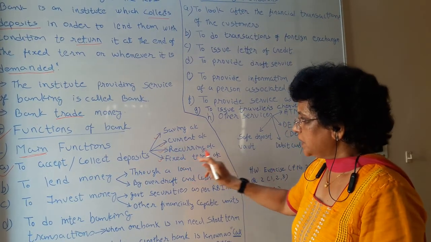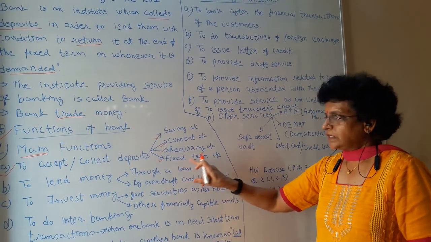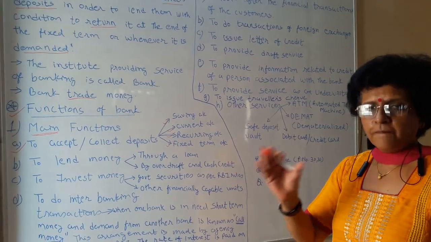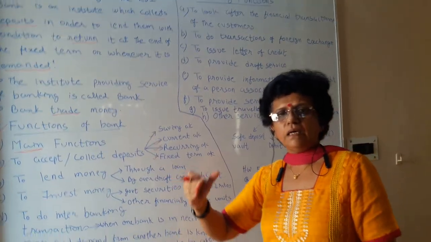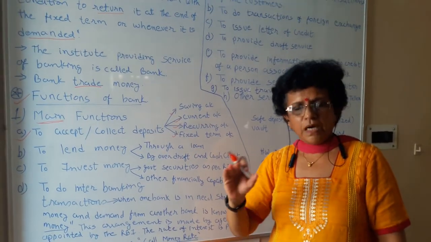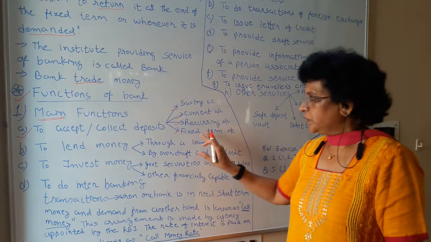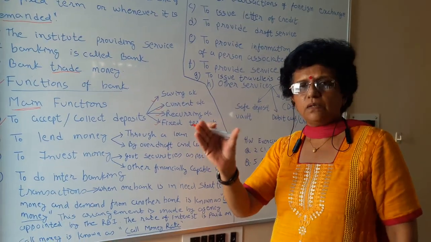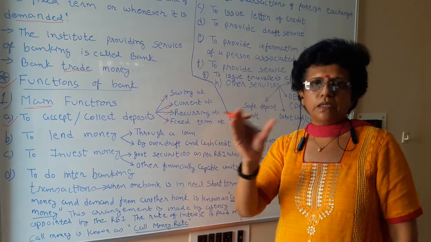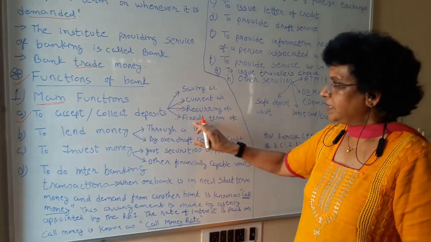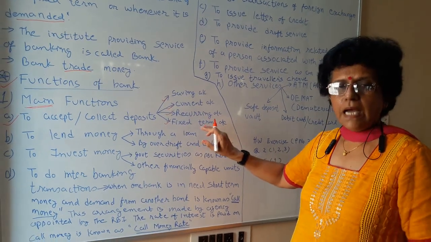The next is the fixed term account. Fixed term account, or you can call it a fixed deposit account. Suppose a person has a lump sum amount of 2 lakhs or 5 lakhs or 50,000 or whatever the figure. You go to the bank and tell the bank, I want to put it into a fixed deposit, meaning for 12 months or 3 years or 5 years my money will be blocked up, but I want